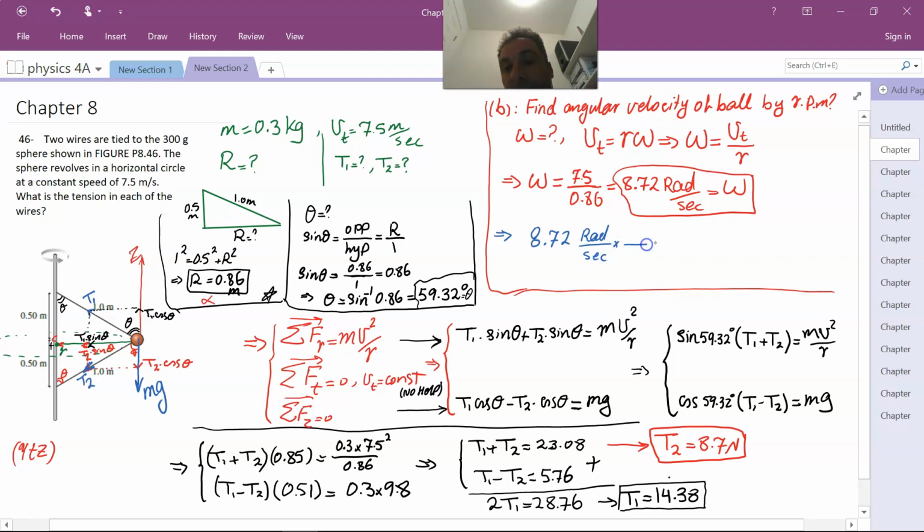You want to convert it to revolutions per minute. So you write here revolution, here radian, then revolution per minute will be here, then second will be here, correct? Therefore, 1 revolution is 2 pi radian, 1 minute is 60 seconds, so your answer will be